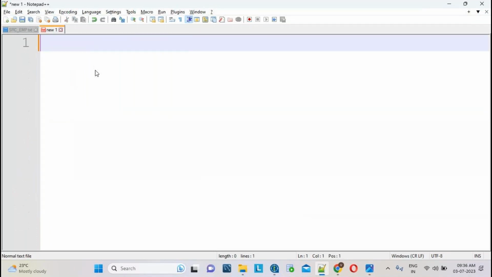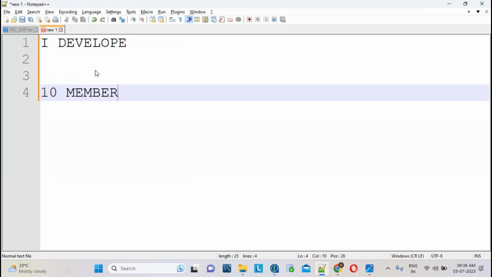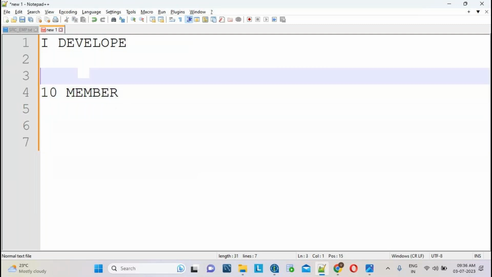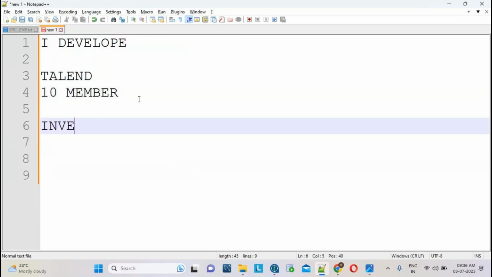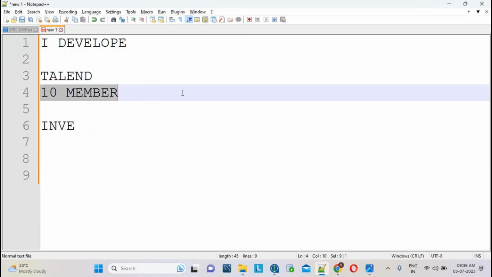See, I want to develop one project, so 10 members, 10 resources are required. I am paying less for the Talend software. For other ETL tools, I'm investing more, a little bit more compared with Talend. Those people also have openings, but will give less salary. But with Talend, we're saving half of the budget for purchasing the product itself. So that's why we can give more salary compared with other technologies.